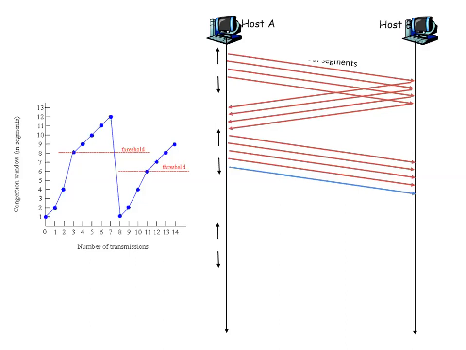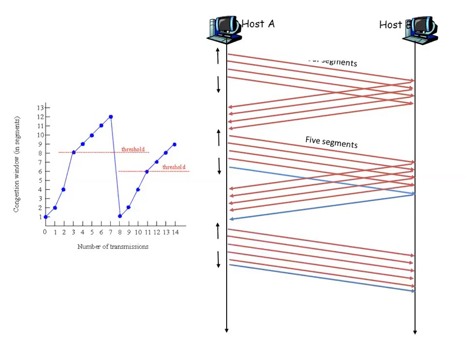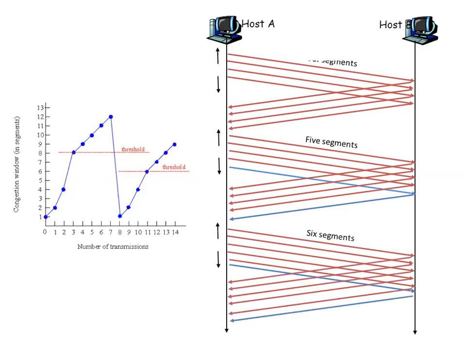Now, again, the sender will be waiting to receive acknowledgements. If it receives acknowledgements for all these 5 segments, that is 5 acknowledgements, then the sender will be increasing its congestion window size by 1 more. So that means now the window size is going to be 6. So the sender will be transmitting 6 segments, for which it will be waiting to receive 6 acknowledgements. So in the next iteration, again the window size will be increased by 1. So that means it will be 7. In the next iteration, the sender will be transmitting 7 segments simultaneously to the receiver.